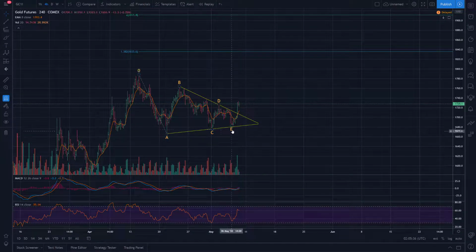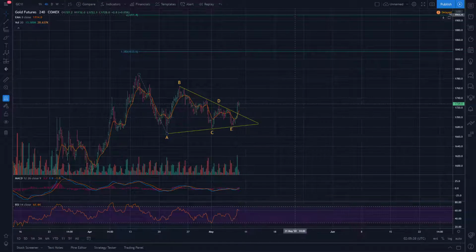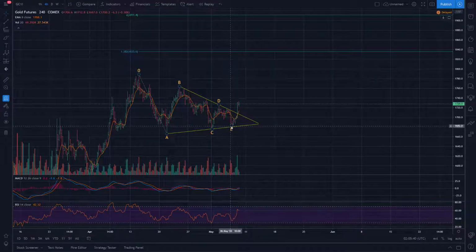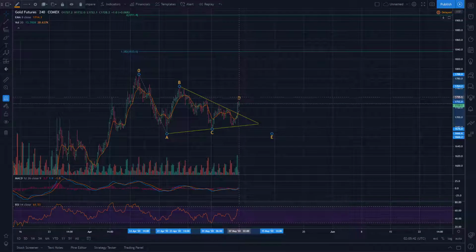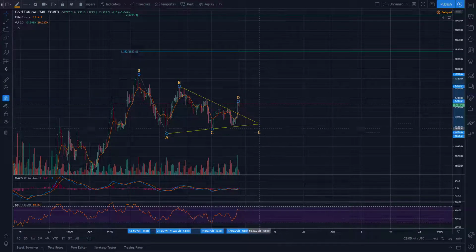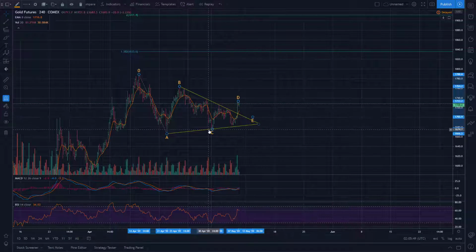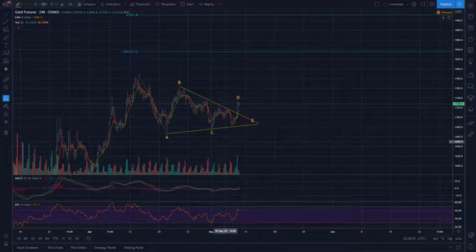A, B, C, D, E. Looks like we're beginning our thrust up again. If the D wave is developing a little bit more complexly, and this is ABC up for D, we still get a pullback in E to a higher low above this level. So in this case,